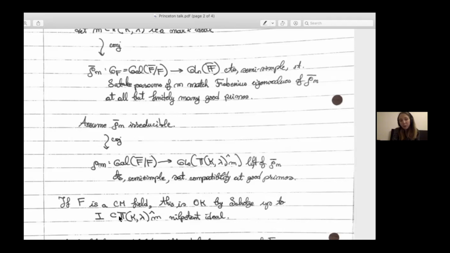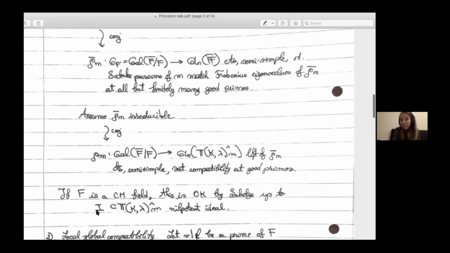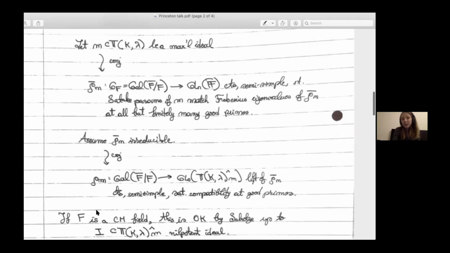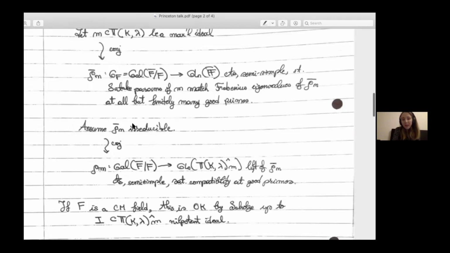But for just proving modularity lifting, you only need to understand supports of Hecke modules. And so the nilpotent ideal doesn't make a difference. Okay, so this is the first conjecture, and essentially Scholze proved in 2013 what one needed to implement the Calegari-Geraghty